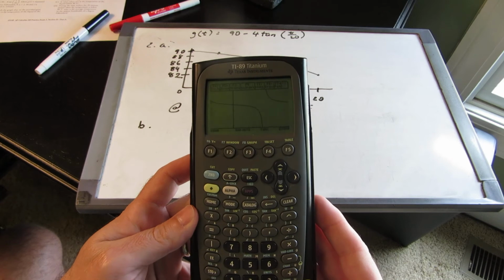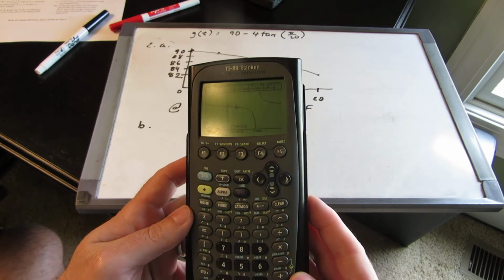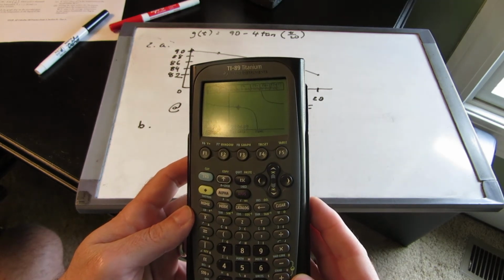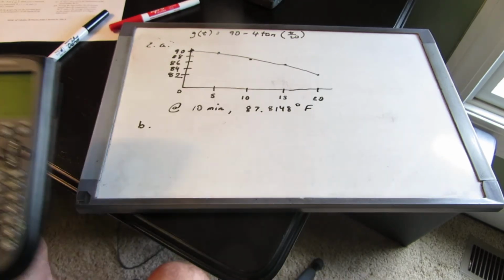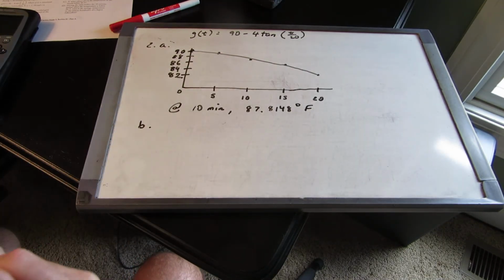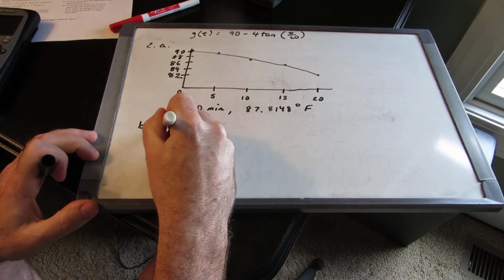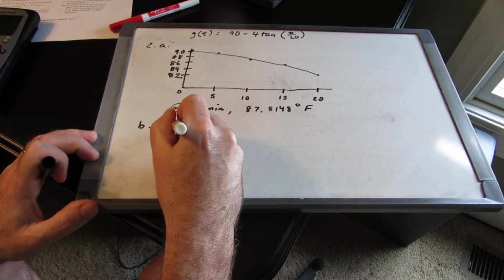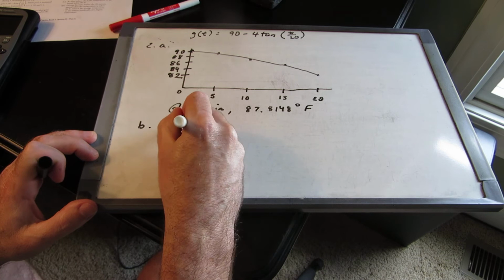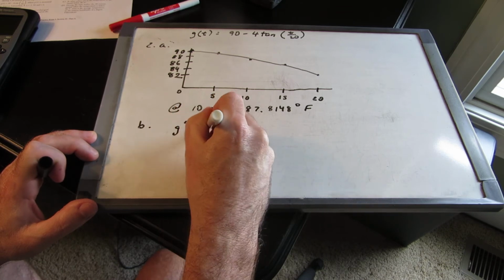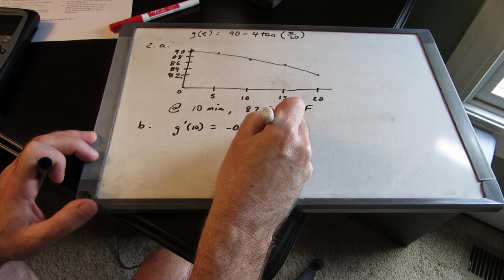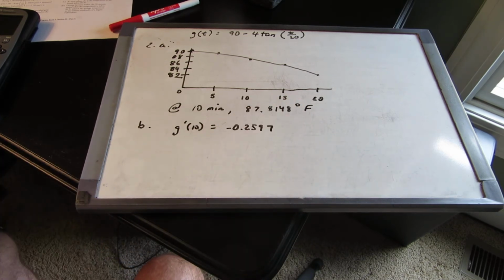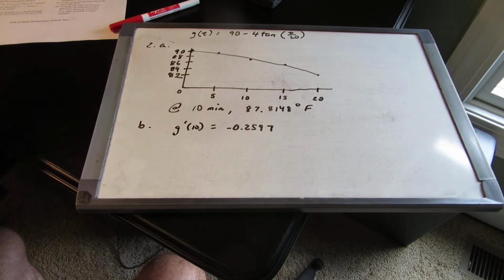Hit enter, and it gives you the value of the derivative, negative 0.2597. Negative 0.2597. Alright, so you could just write for this one g prime of 10 is equal to negative 0.2597. Since you get to use your calculator, you don't have to